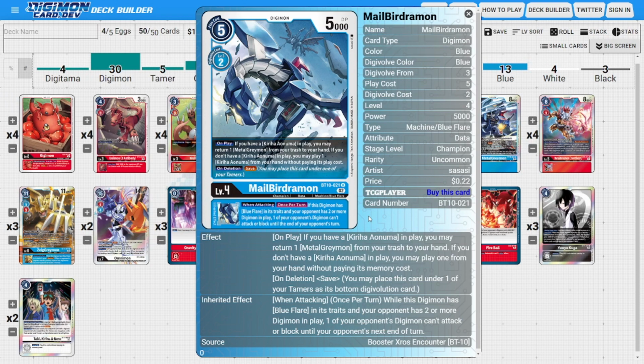So MailBirdramon is mostly just going to chill in your hand to be used for material when we're going to digicross into our MetalGreymon, but he still has some pretty decent usability, allowing us to have an alternative way to be able to grab back our MetalGreymons, which is pretty nice. He has that same on-delete ability of save, so if we need to, we could be aggressive with this card